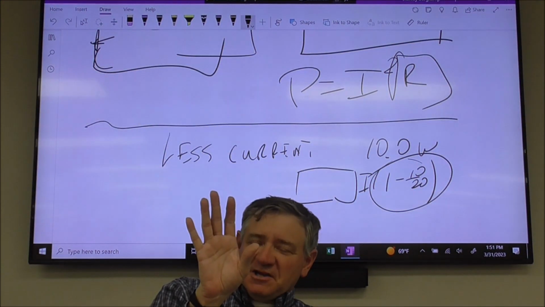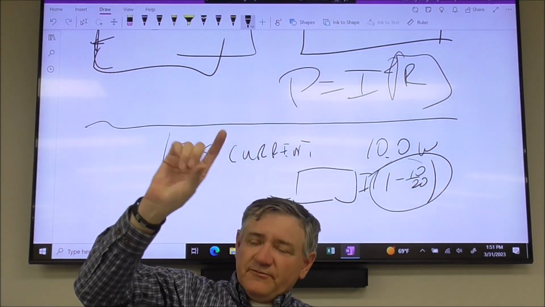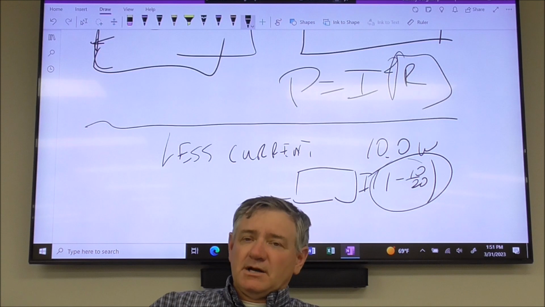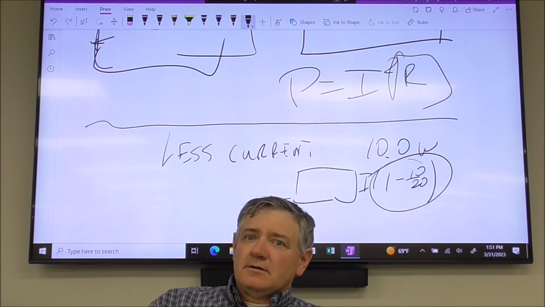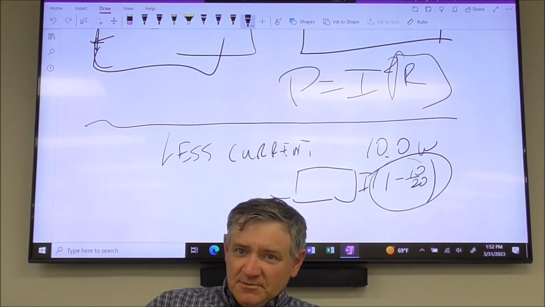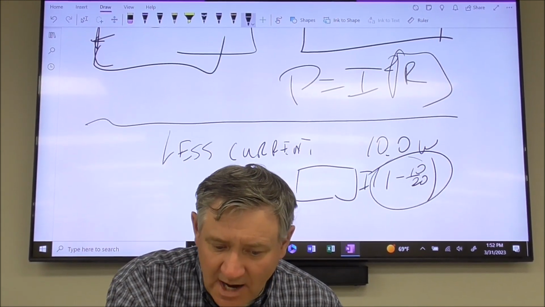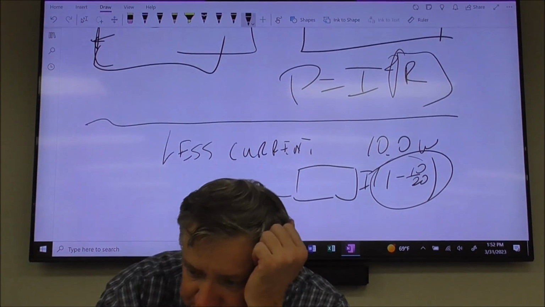Which current are you talking about? Are you talking about the current in the entire thing, or the current flowing to just that bottom 10 ohm? Through the individual, yeah, it's going to go down. Yes, it's going to change, because if you look at what's going to happen, so you figured out, so if you go up,